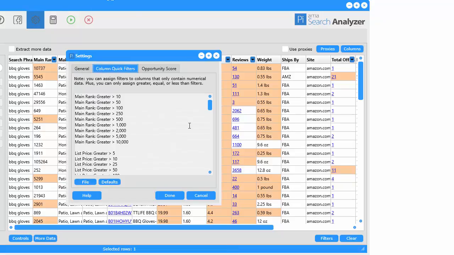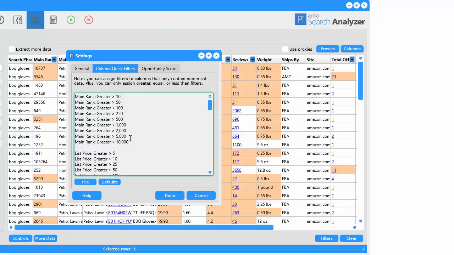In addition, you can also modify the quick filters if you would like. So you can add or subtract or take some out that you don't like, whatever you want. There's 3 different options you can do. The quick filters are meant to be simple, so you can only do greater than, equal, or less than. And you have to keep it in this exact same format. We will have another video that will explain this more in depth, but basically if you want to add another